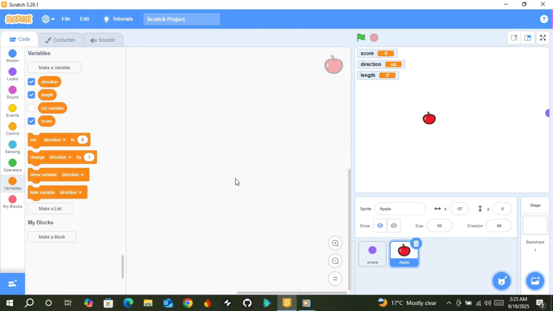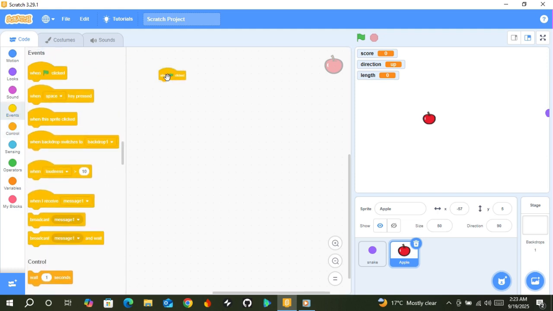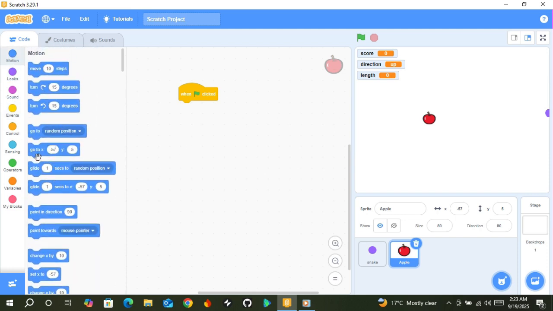Now I want to create codes zenye zitafanya hii apple function so that wakati inaliwa ikuwe inapotea na ina appear in another place. So what I'll do, I'll start with the event. Drag and drop this when green flag, increase the size. Yeah, when green flag clicked, then I'll come to motion, set the direction,